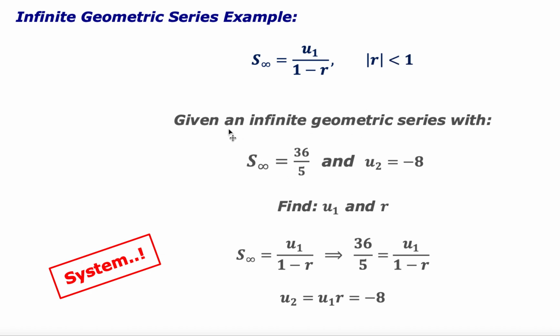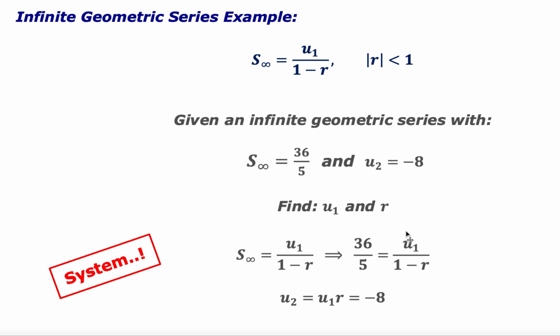So given an infinite geometric series with the infinite sum being 36/5 and the second term being -8, let's find the first term and r. This formula classically just consists of two components, first term and r. And so that is one of the formulae that we need, because we know 36/5 was given as S sub infinity, the infinite sum. That's going to be the left-hand side,